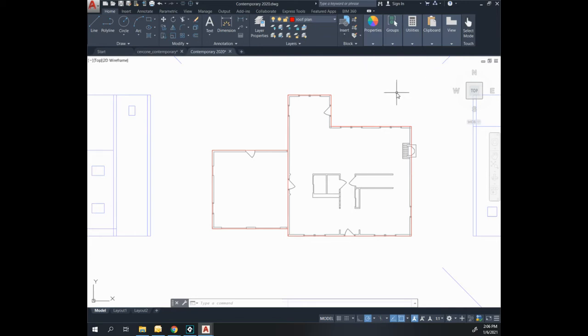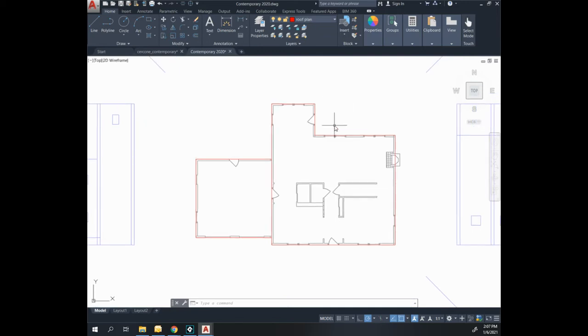Now I need to figure out what my overhang is going to be. So where do I want an overhang on my house? It can vary. If you want an area where you're going to walk up, maybe it overhangs a little farther. So I'm going to keep mine pretty consistent and just do a foot on the sides and 2 feet in the front and the back. So I'm going to offset 24 inches